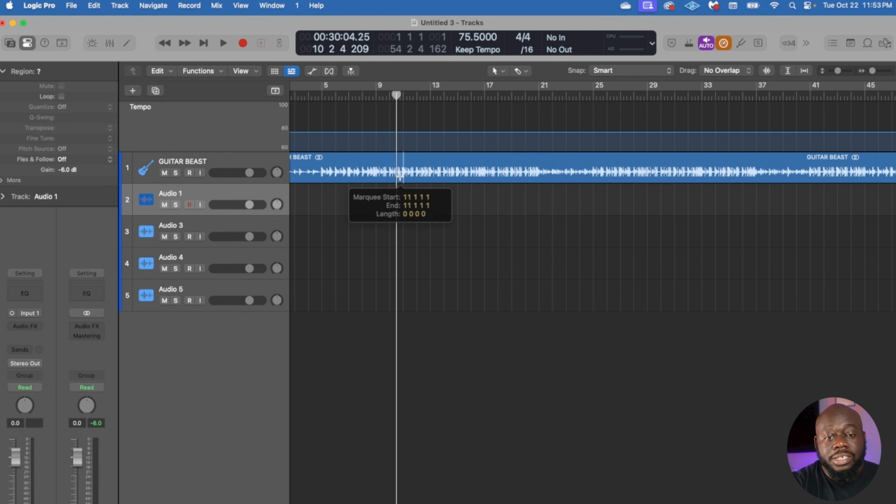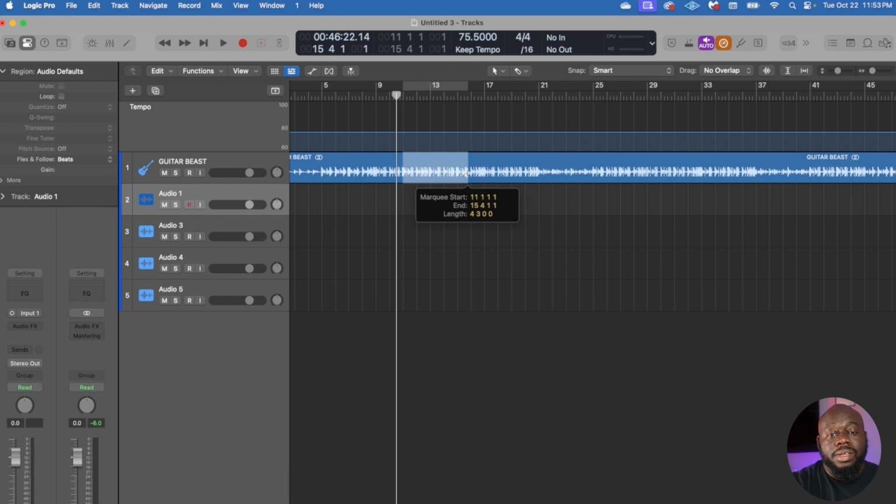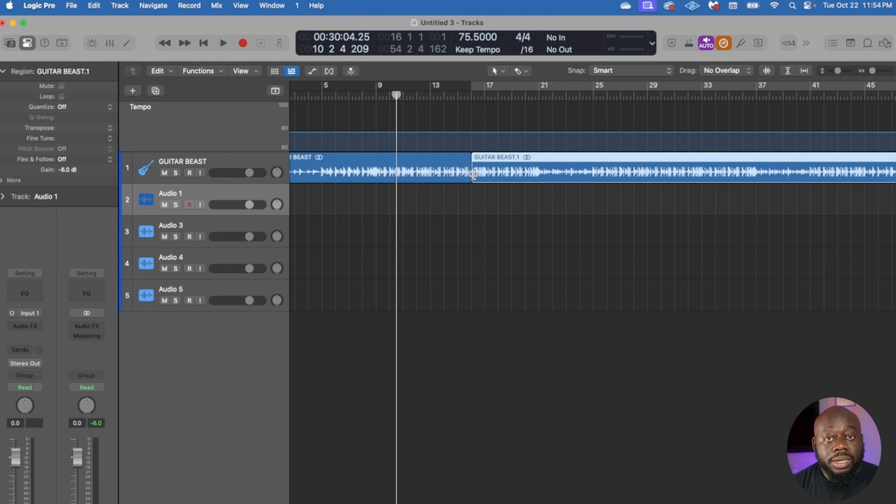All you have to do is just click there and you've made a selection. If you want to select the wider area, you just click, hold, and swipe. That allows you to select a wider area. And if you want to delete that, you just Command X, double click, makes a quick edit, and by holding